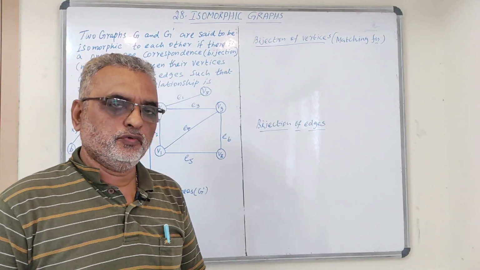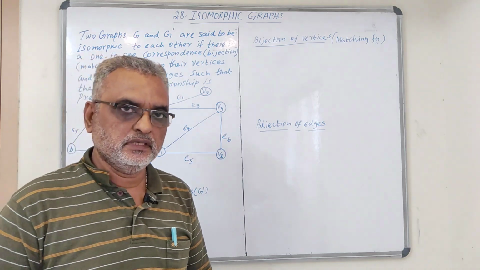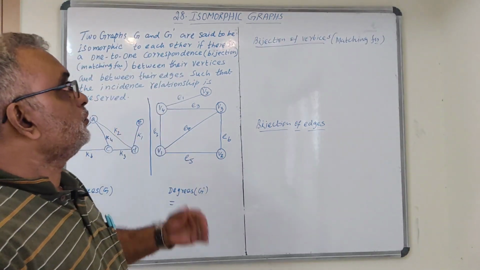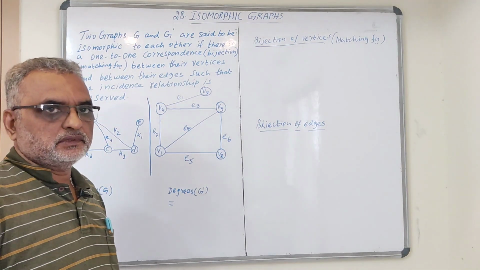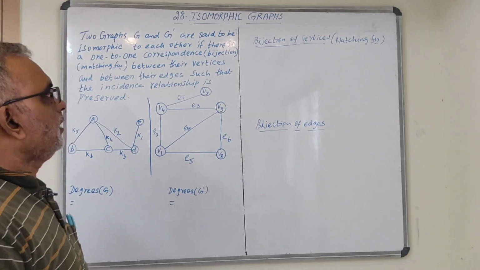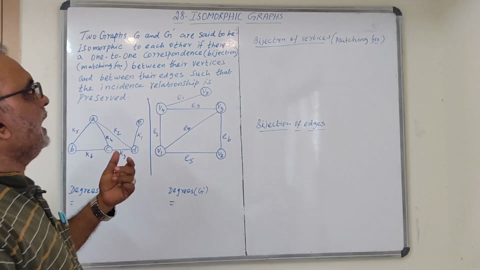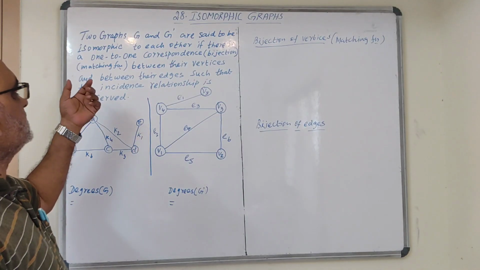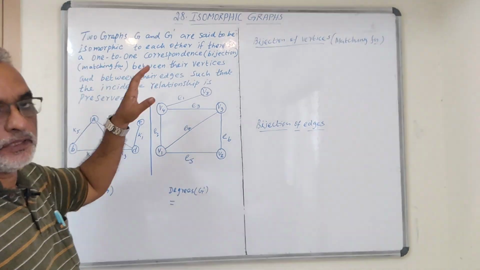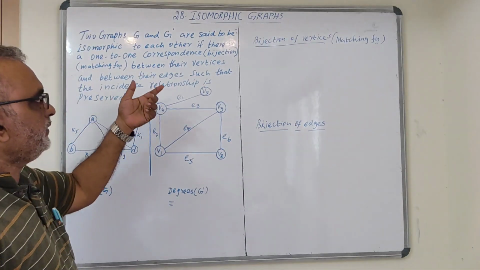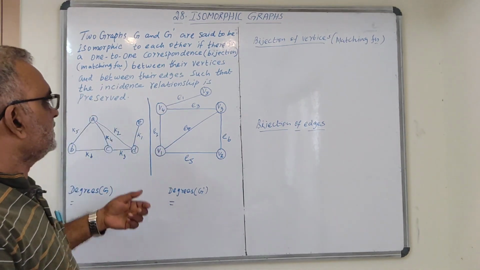So in this video we are going to discuss another very important concept from data structures, that is isomorphic graphs. Two graphs G and G dash are said to be isomorphic to each other if there is a one-to-one correspondence, that is bijection. It is nothing but a matching function between their vertices and between their edges, such that the